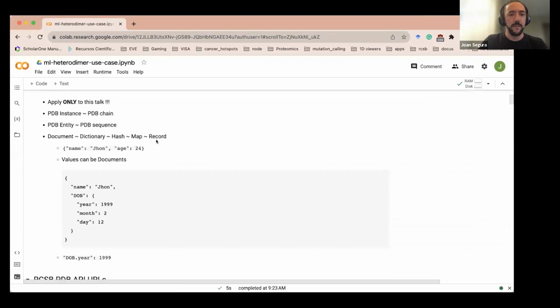Okay, so before that, a few observations. Please take these really carefully since they are only partially true. So after this talk, forget them. When I am talking about PDB instances, you can think about PDB chain. When I talk of a PDB entity, you can think of sequences. So if you want a deep and clear description of the PDB hierarchy, please go to rcsb.org, because we have a really nice and deep documentation on the different terms of the